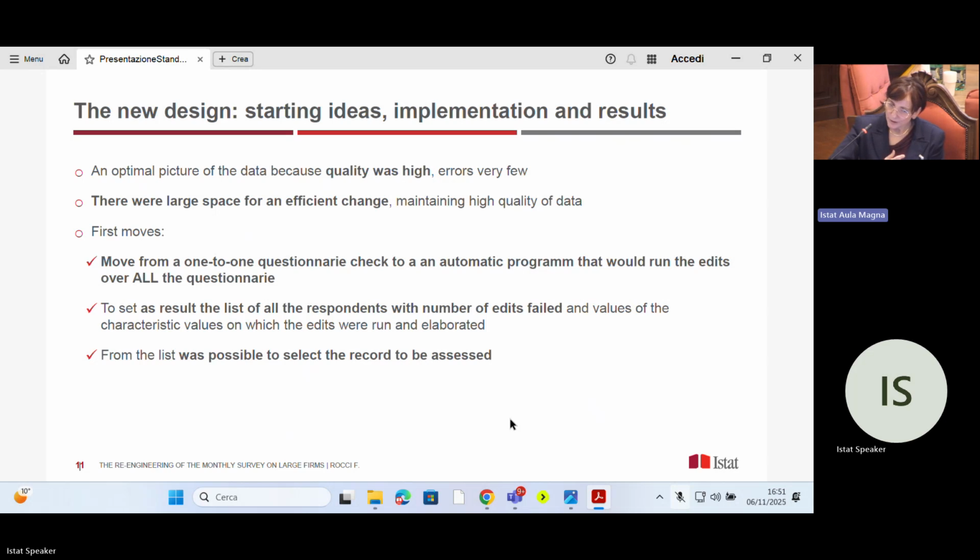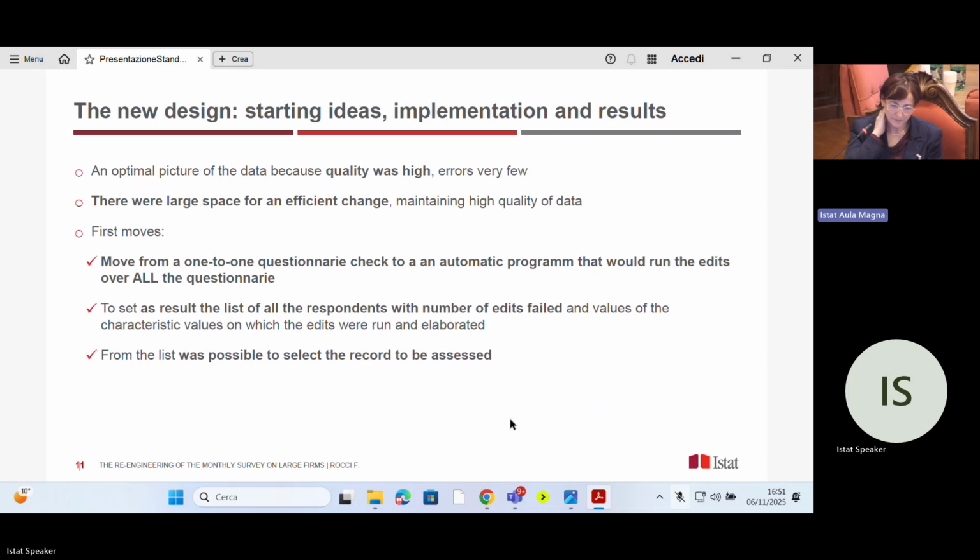So what we thought, this is an optimal picture of data. We consider this to be very high quality. In this way, there is a large space for an efficient change, maintaining high quality of data. So, first moves: move from a one-to-one questionnaire check to an automatic program that would run the edits over all